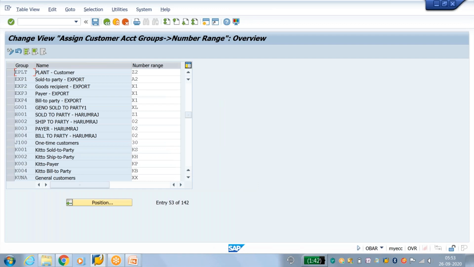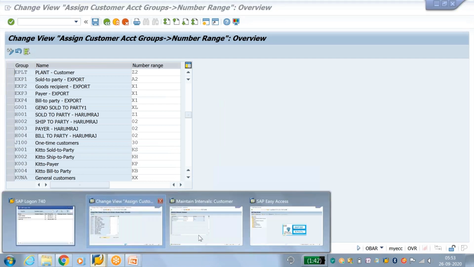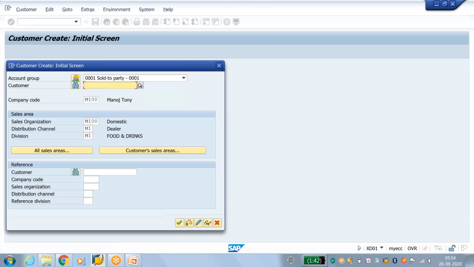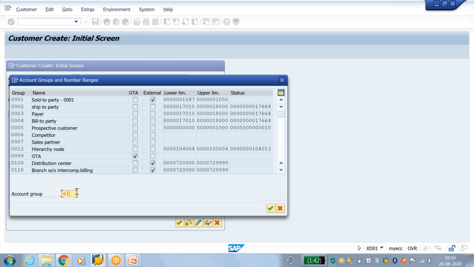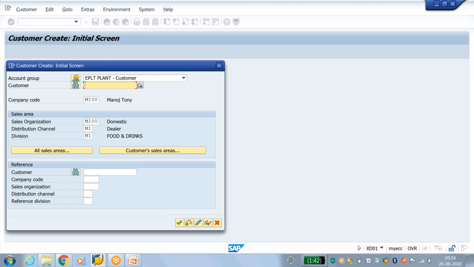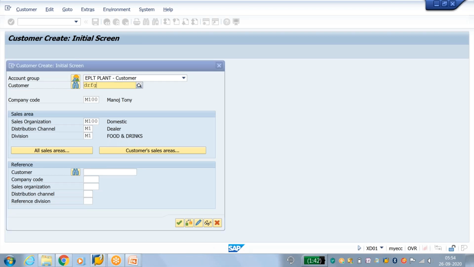So ELPT. Now you will create a customer with the ELPT account group. XD01. Select account group over here, ELPT, plant as a customer. Now you can assign any alphabet, DRFG.